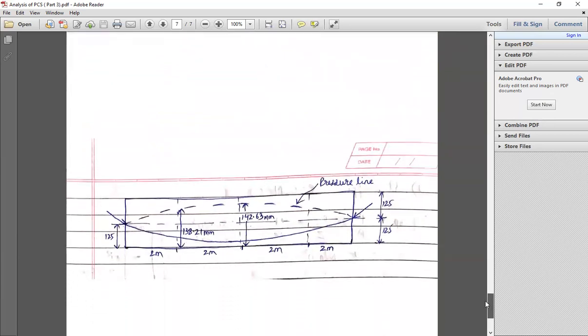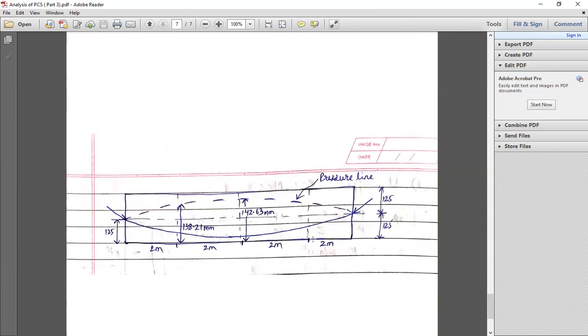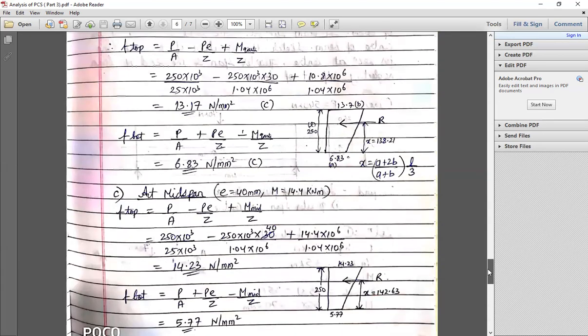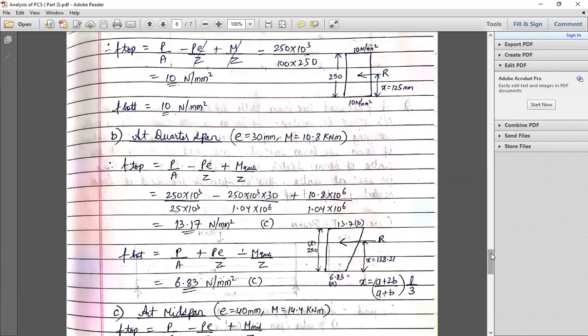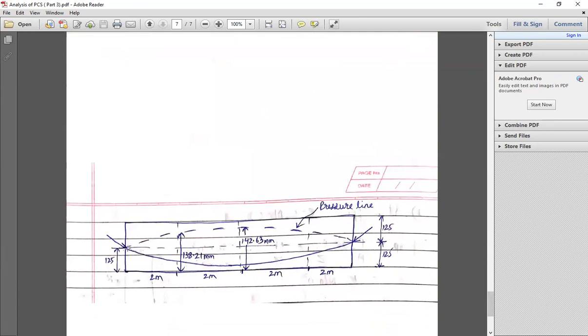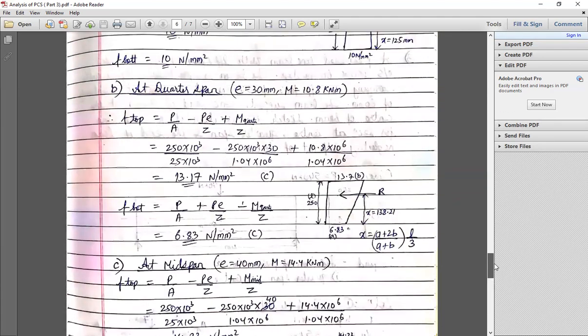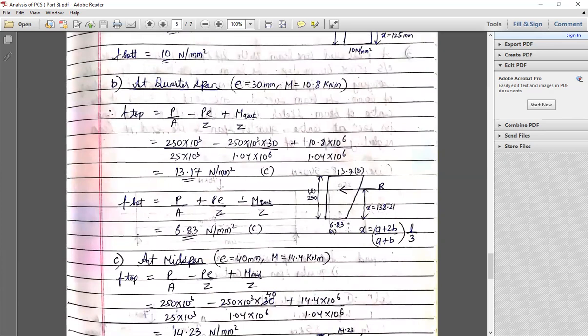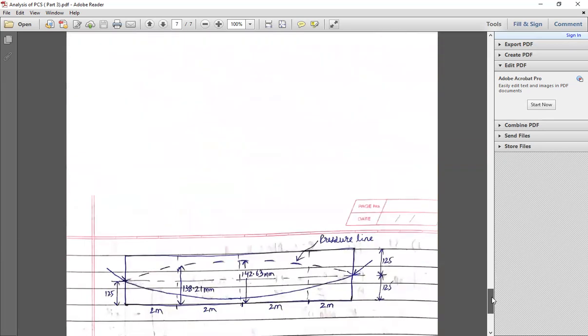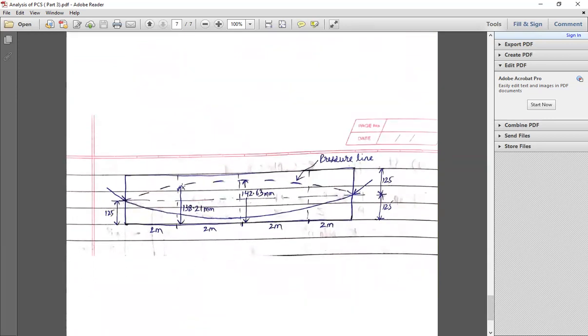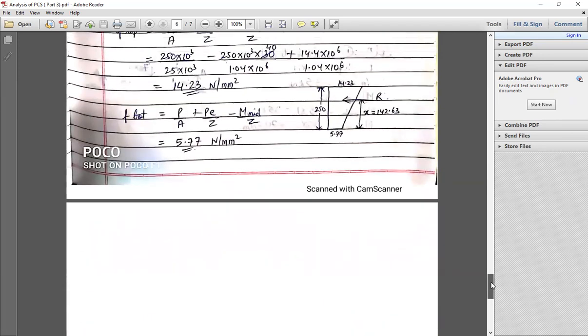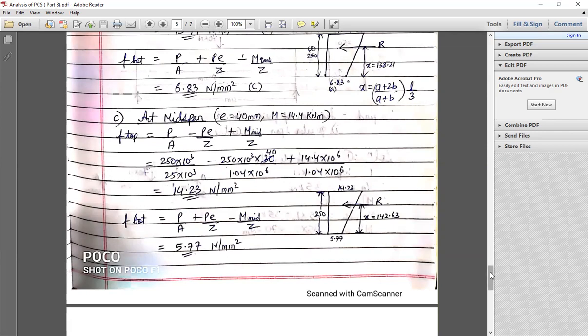ठीक है, so now pressure diagram is like this. ठीक है, at the support 0 है, at the quarter span and at the central span. ठीक है, so at the quarter span देखो कितना आ रहा है वैल्यू, तो जो resultant है ये जो distance हमने find out किया है। ठीक है, first कितना था support पे 125। ठीक है, तो 125 पे मेरा first point रहेगा। ठीक है, at the center of the section total depth कितना है 250 है। अभी देखो quarter span पे कितना आ रहा है, quarter span पे x is 138.21, ये हमने कहाँ से find out किया बॉटम से। So बॉटम से 138 पे plot करेंगे। ठीक है, ये बॉटम से 138 पे second point मैंने plot किया। अभी देखो central point पे कितना है mid span पे, बॉटम से 142 पे।